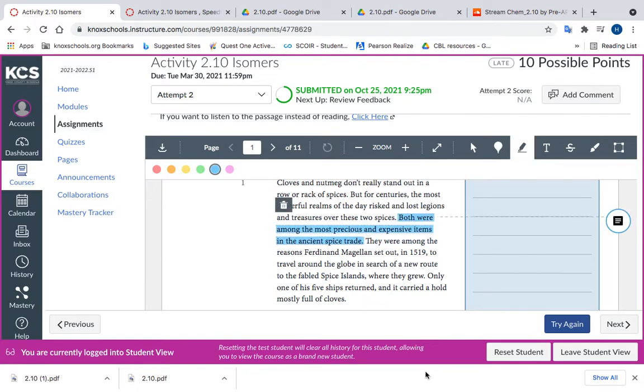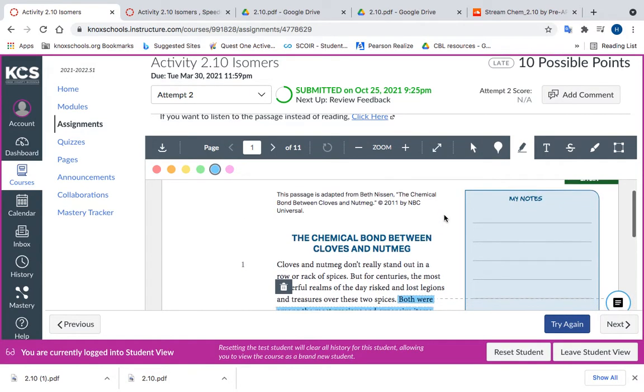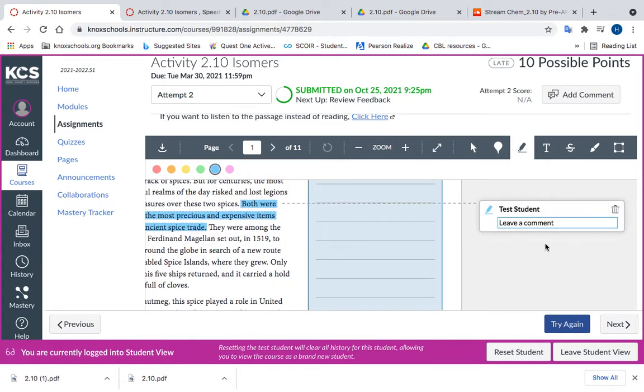They were among the reasons Ferdinand Magellan set out in 1519 to travel around the globe in search of a new route to the fabled Spice Islands where they grew. Only one of his ships returned, and it carried a hold mostly full of clove. So I highlighted it. I could always make my notes here if I wanted to,